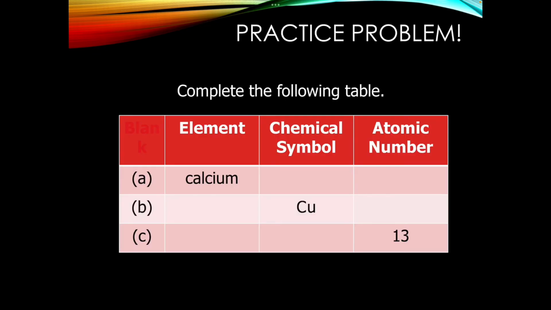All right, so I want you to do this practice problem, and you can just do it somewhere in your notes and complete this table. So calcium is our element. Fill in the chemical symbol. Remember, it's going to be 1 or 2 letters, that abbreviation. This will help you start memorizing them for the upcoming quiz. So fill in the chemical symbol and then fill in the atomic number for each one of these. So go ahead, pause here, do this, and then come back when you're ready to move forward.